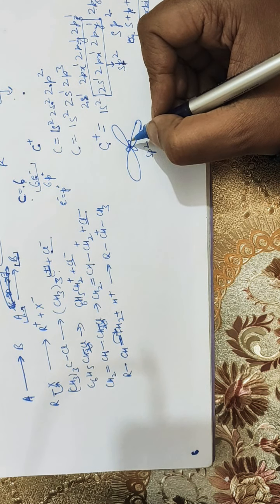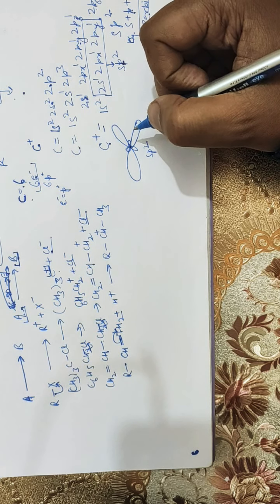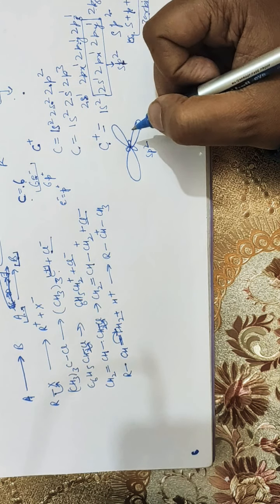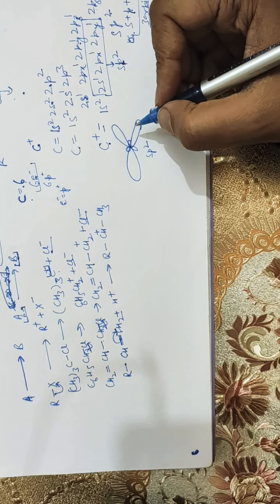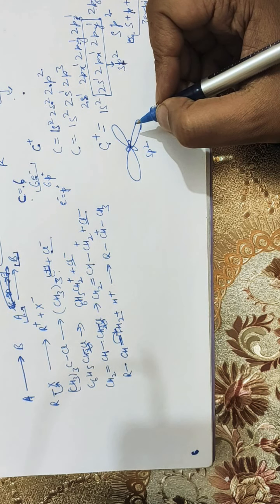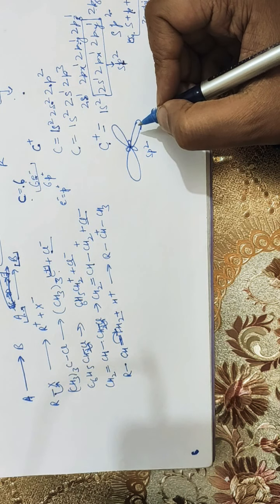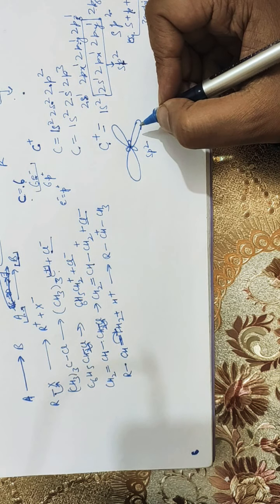So the carbocation has a flat planar structure with the electron deficient carbon and the three atoms attached to it lying in the same plane, and the bond angle around the positively charged carbon is 120 degrees each. The unhybridized 2pz orbital, which is perpendicular to the plane of the three sigma orbitals, is however empty.